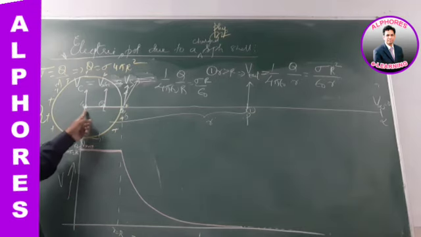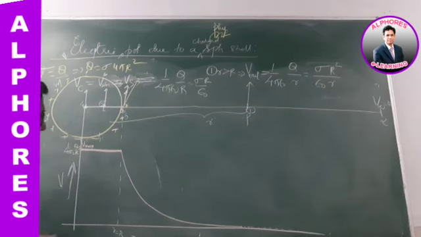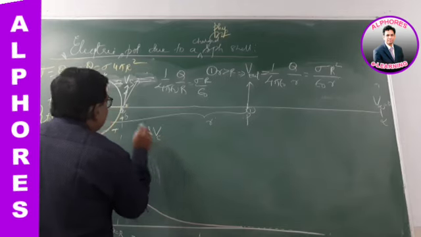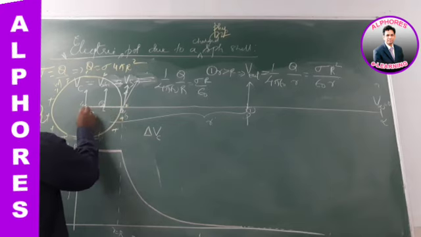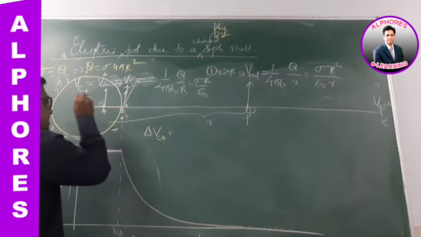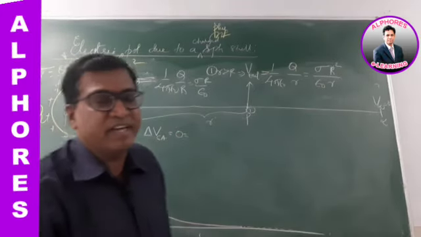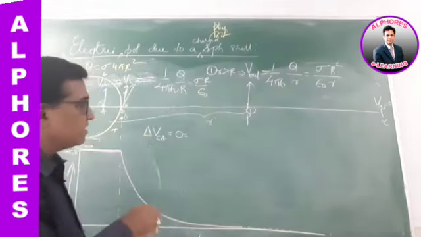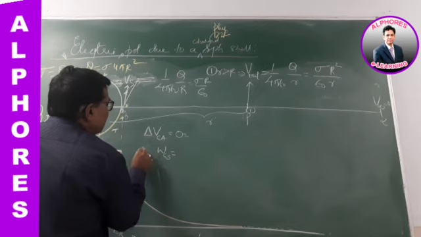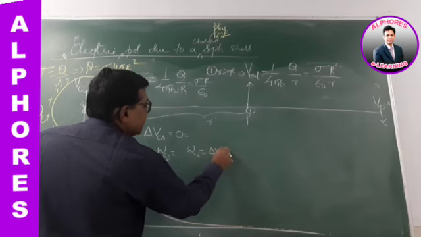At the center, at any inside point, and on the surface, the potential is the same. Sometimes you may be asked, what is the potential difference between the center and an inside point? Let the center be O and the inside point be A. Then the potential at the center and inside is the same, so the potential difference is zero. What is the work done in moving a charge from the center of the hollow charged sphere to the surface? We know potential difference is work done per unit charge. Cross multiplying, work done is potential difference into charge.